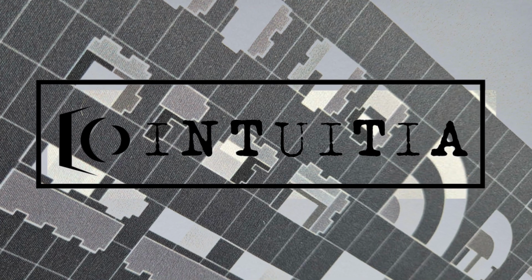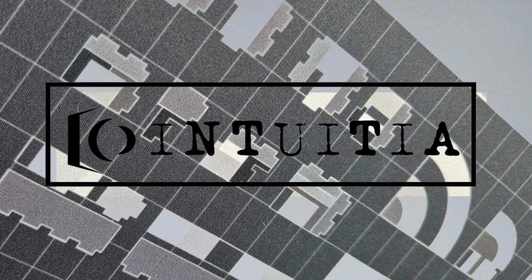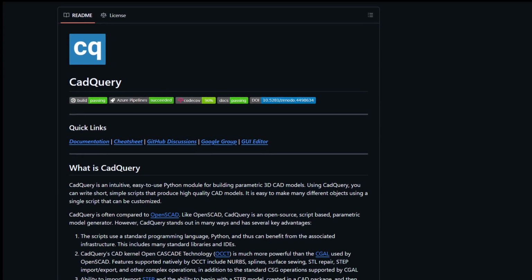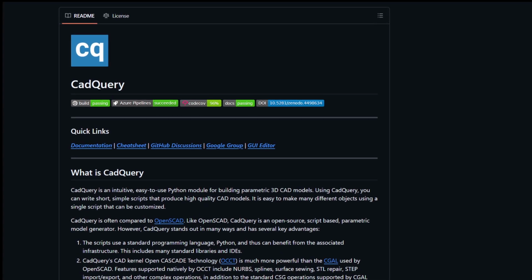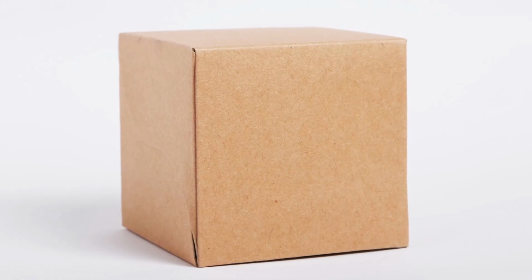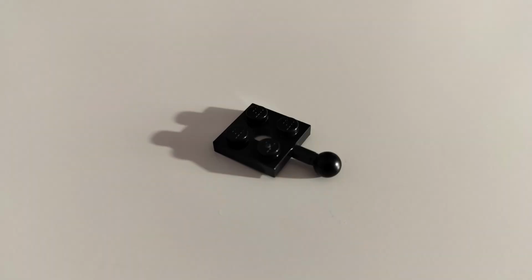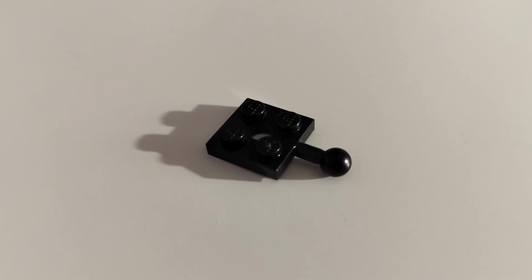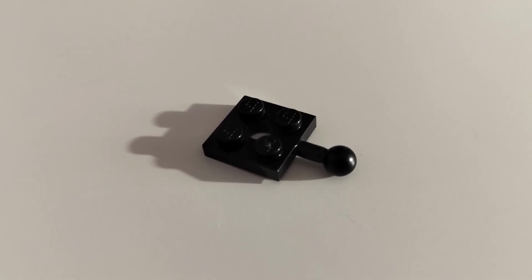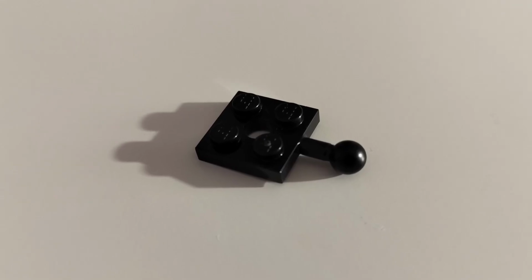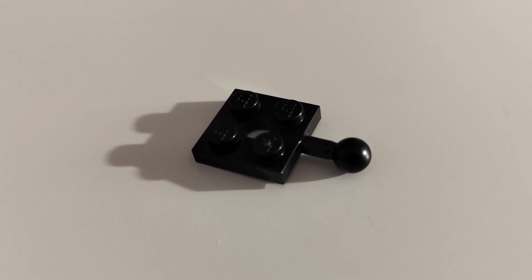Welcome to Intuition, and in this video we will look at how to create three of your basic or primitive solids using CadQuery, namely a sphere, a cylinder, and a box, or let's say a rectangular prism. And I will be modeling the Lego toe ball plate element because we can roughly model this part as a kind of sphere for the toe ball, a cylinder for the bar or neck, and a box for the plate